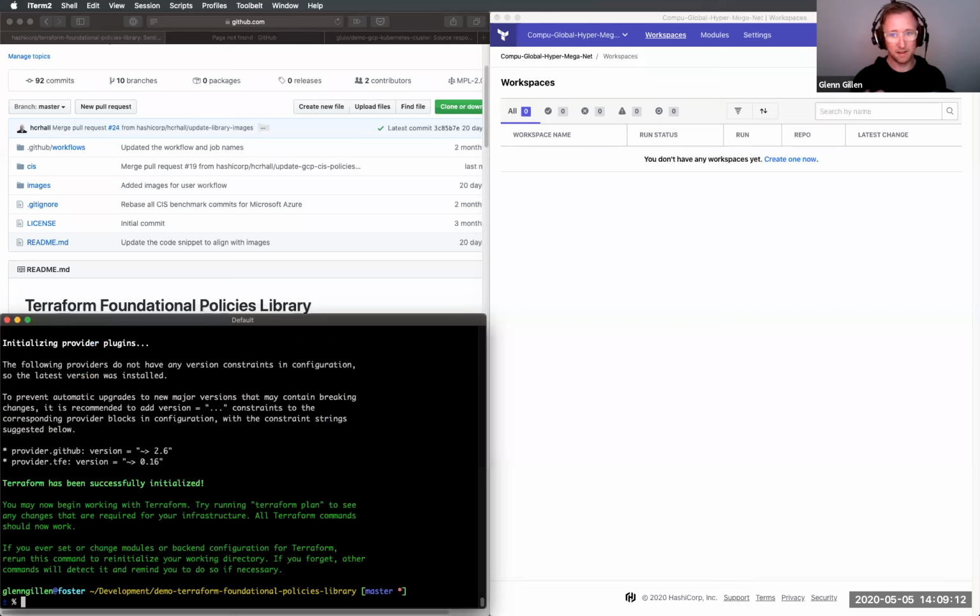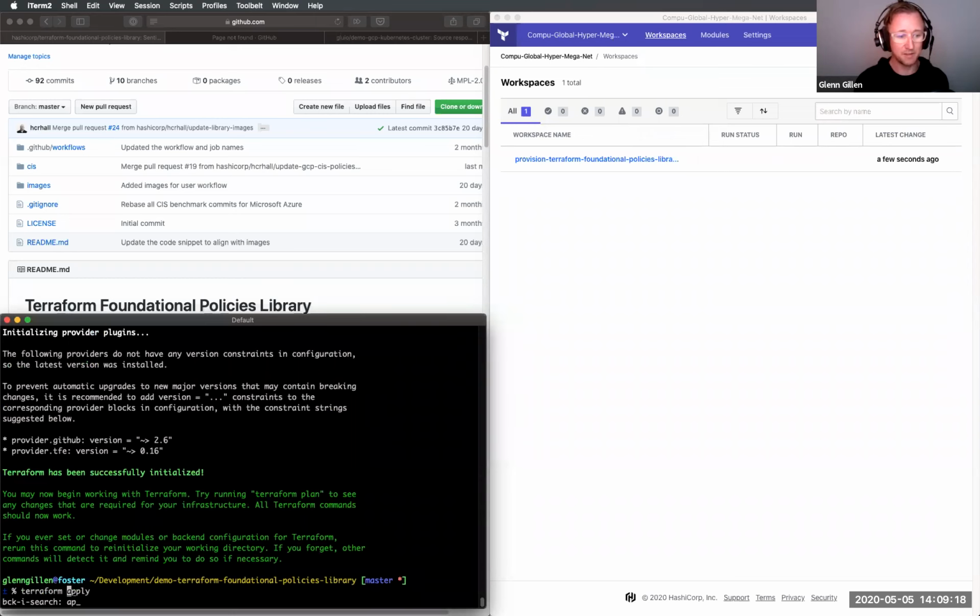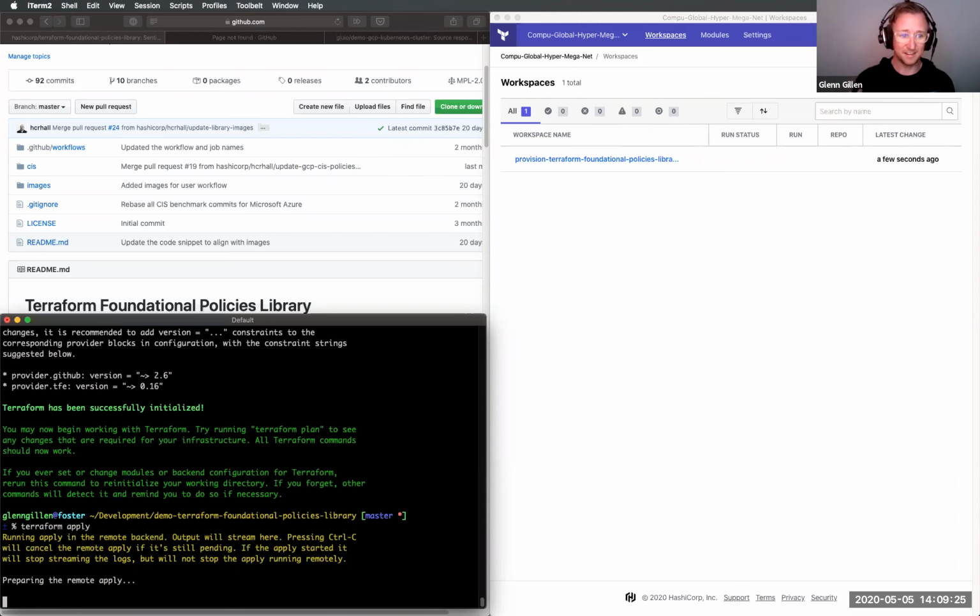And normally you'd run a plan here, see what's going to happen and then apply it. But I've run this demo enough times, I know what's going to happen. So I'm just going to go straight to the apply phase. And you'll see on the right-hand side there, we've created a workspace. This is the workspace that contains all the code for the demo. And while that's running,